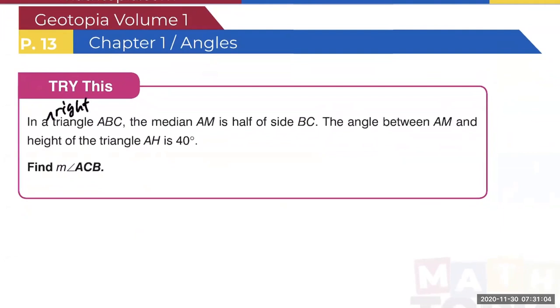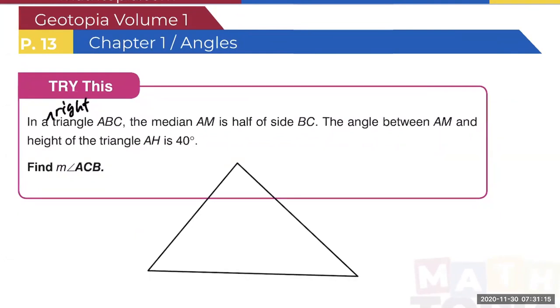So in a right triangle, I'm going to visualize this one in a right triangle, and there is a B, C, this is B and C, and then this is half, AM is a half of